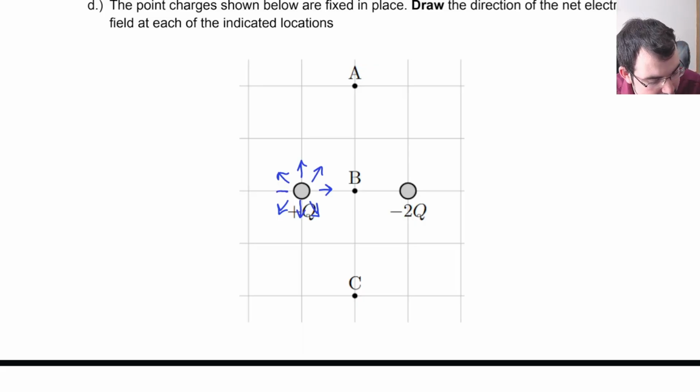And really close to the 2Q, it's going to look something like this. So when we superimpose the two fields, it's going to look like some combination of this with the 2Q sort of dominating. So clearly at B, due to symmetry, it's not too hard to tell that that E field is